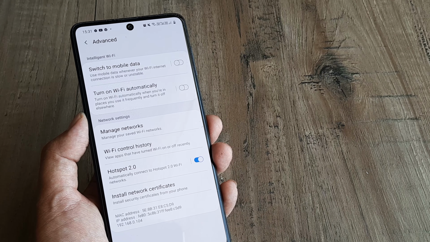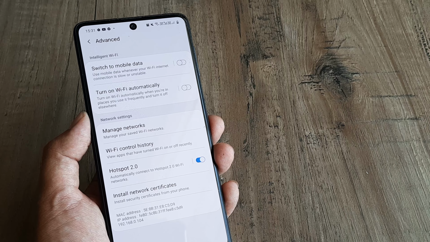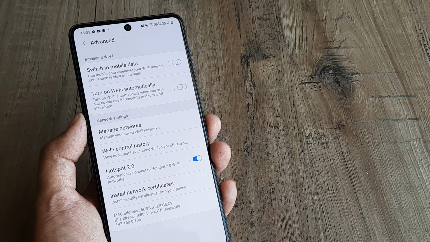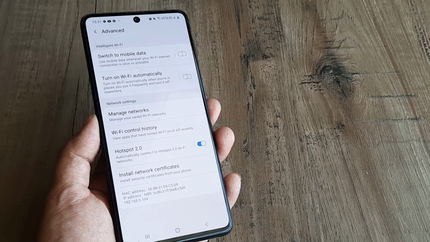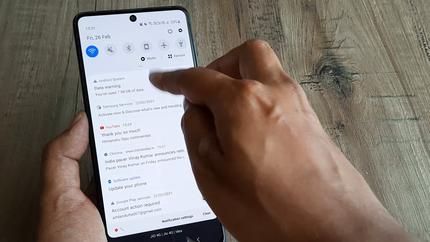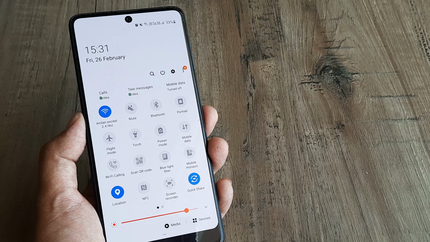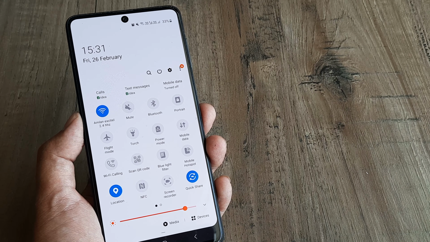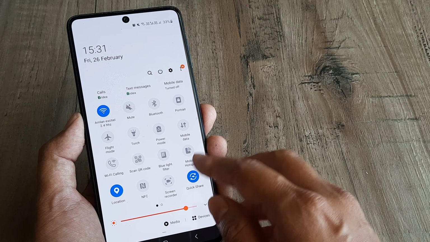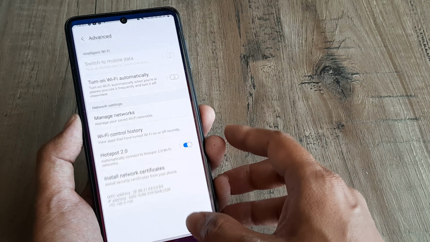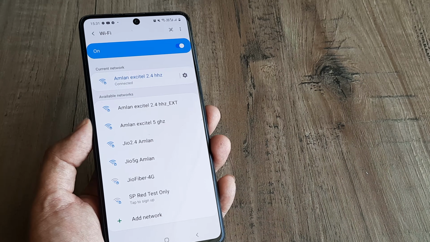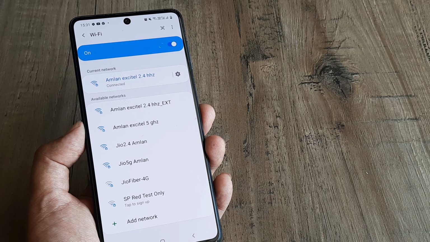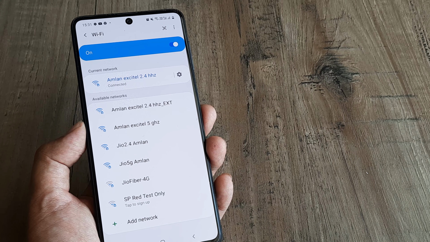What you are doing here is effectively instructing your phone that in case the Wi-Fi goes slow or becomes unstable, we need not switch on our mobile cellular data. And also here, you can turn off your mobile data so that any chance of your mobile turning on mobile data will be removed even if the Wi-Fi signals are weak. So let me go back to my settings. Resetting of your phone network settings, and then going to advanced settings and switching off the option of turning on mobile data. Two things.